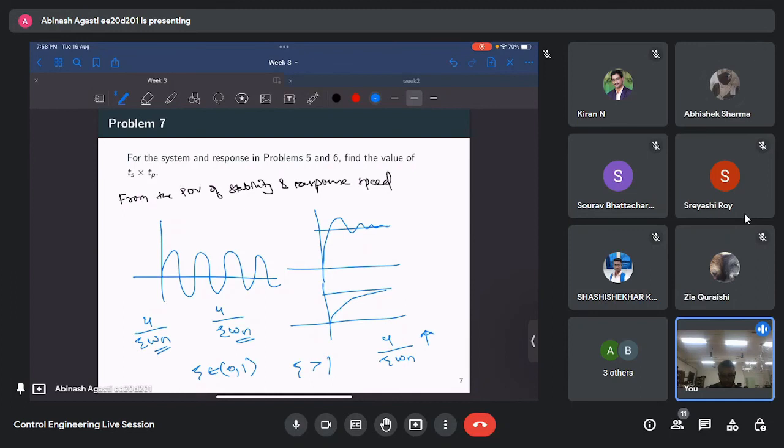Yes. Yeah, this is clear, right? Because if zeta is lower, then settling time is higher. That is the relation. But the issue with overdamped system, what will happen is,